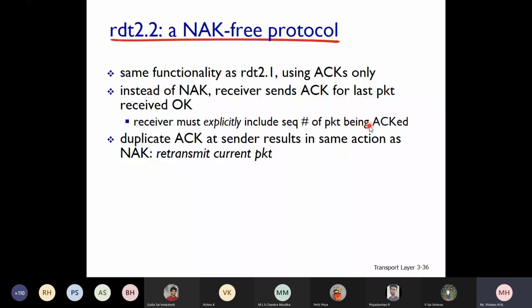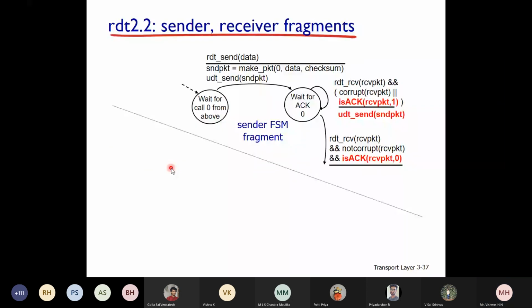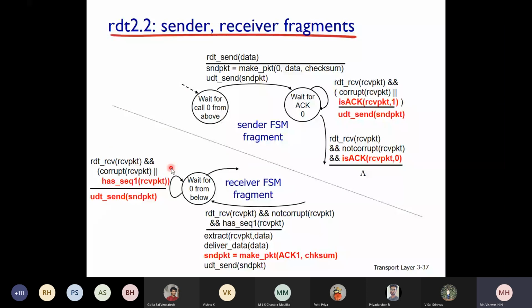So in this case, what happens? Receiver should add the sequence number in the acknowledgement packet also. Okay. Duplicate acknowledgement at sender results in the same action as a negative acknowledgement: retransmit the current packet. So you can see here the sender FSM and receiver FSM. Just go through this, students,